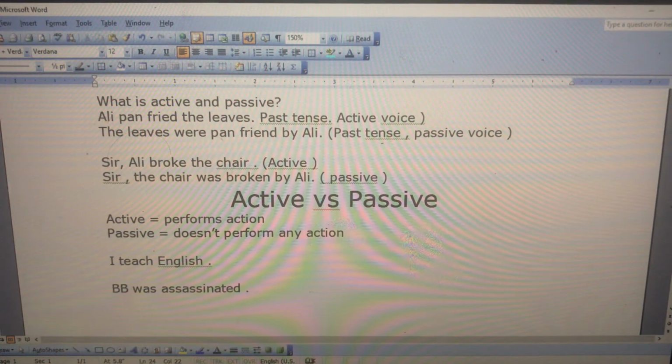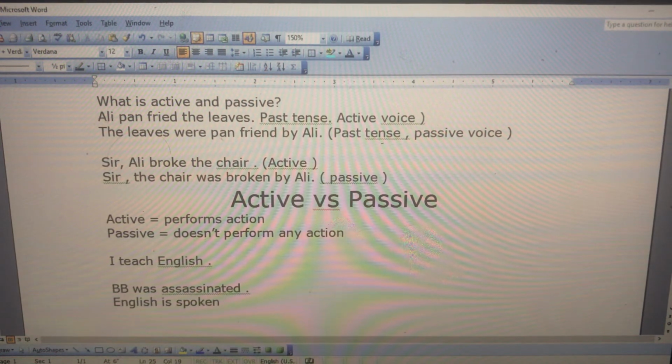She was assassinated. The man who assassinated her, we do not know. Benazir Bhutto was assassinated. Now we do not know who killed her, who assassinated her. We do not know. If I say it like this,